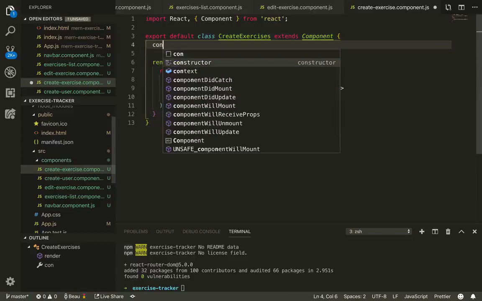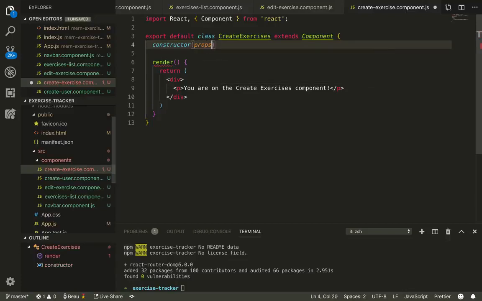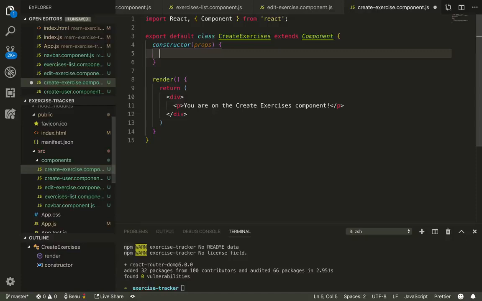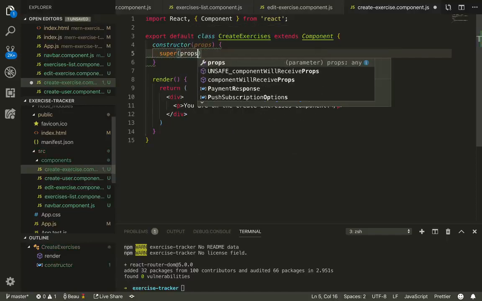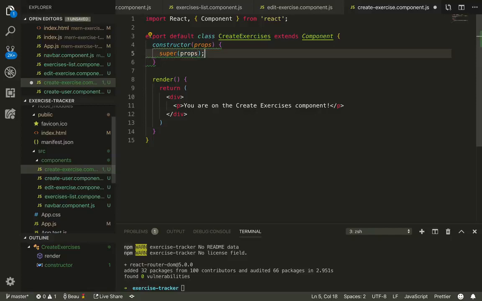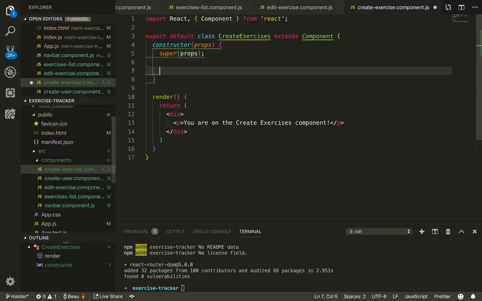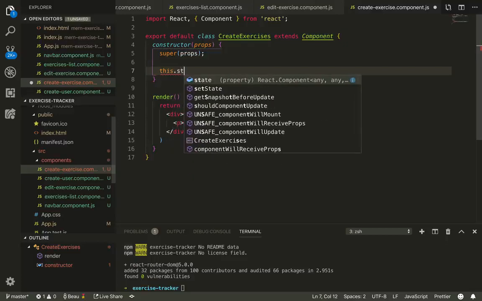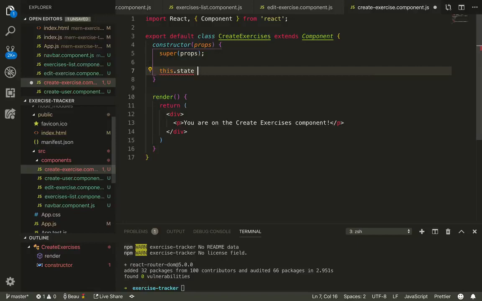And we're going to do constructor props. And in JavaScript classes, you need to always call super when defining the constructor of a subclass. So we're going to do that. All React component classes that have a constructor should start with a super props call. We'll set the initial state of the component by assigning an object to this.state. So do this.state equals,